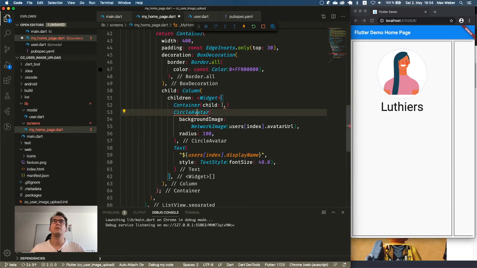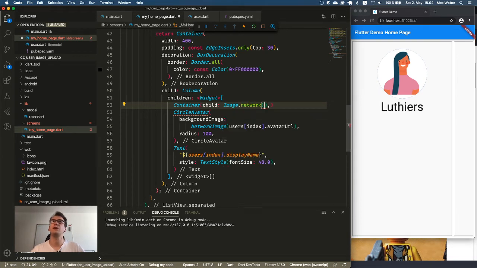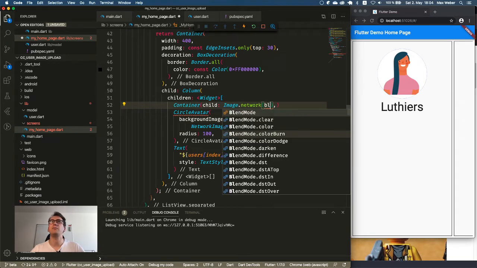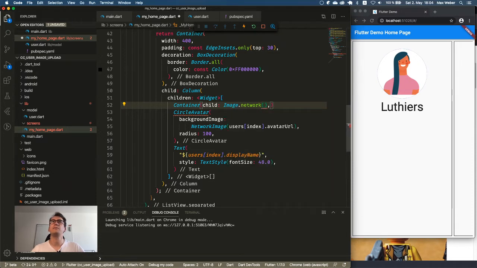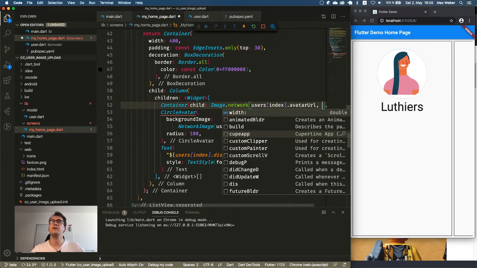So what I would recommend here, or what we have to do here, is create a container with a child that is most likely an image. And here we have a network image, right? We learned that. And this network image will have, do I talk stupid stuff? Can we add the blend mode here? No, cool. Good. So now we have the child with the network image, and here we have the blend mode, I think. Let's see. So we created it with the URL that is this one. And let's see what we have here. We have just the width.